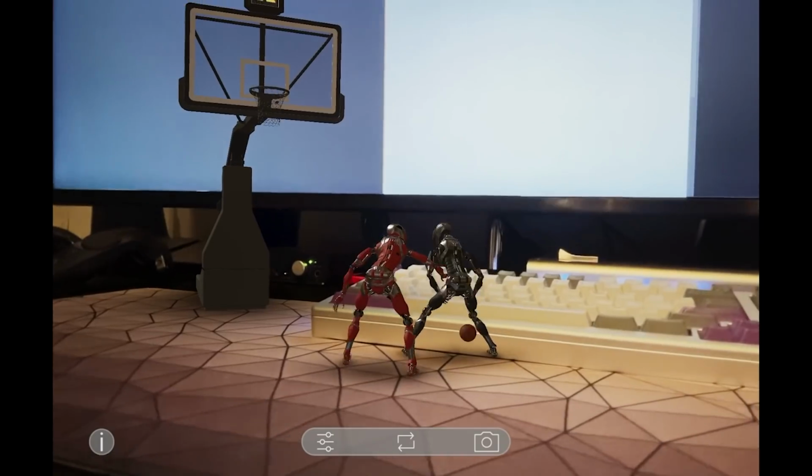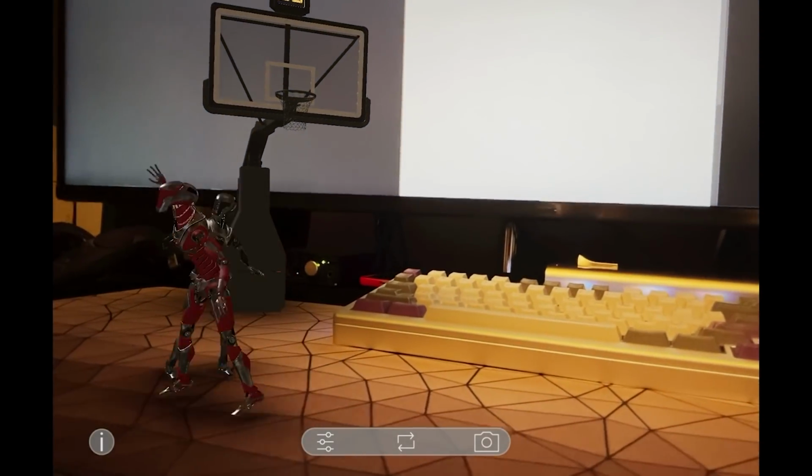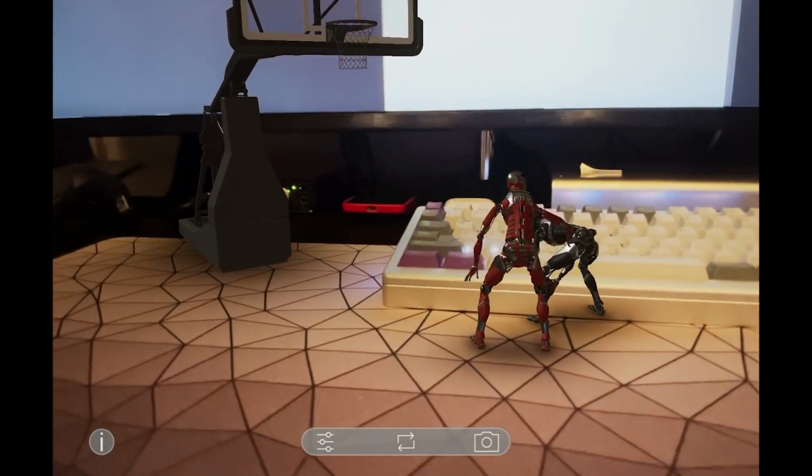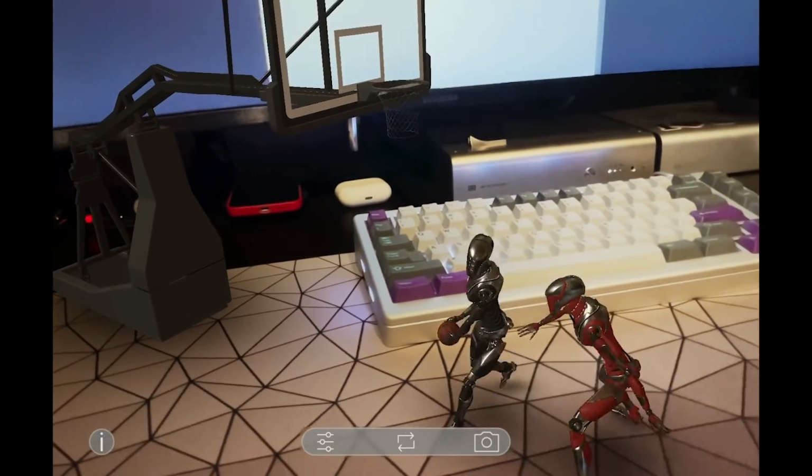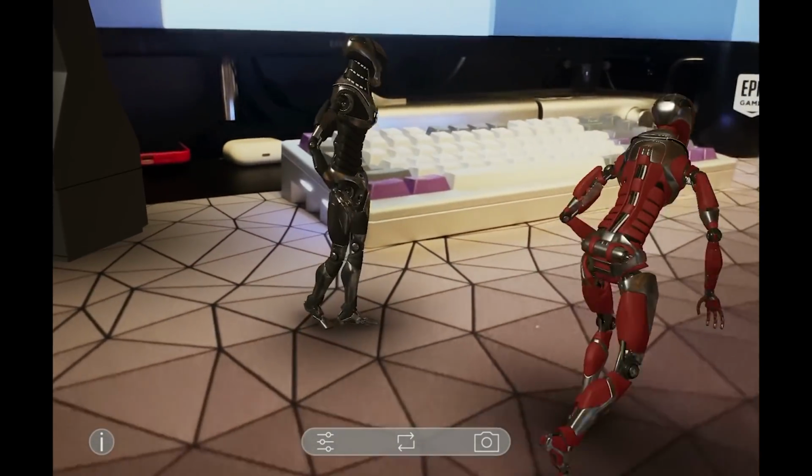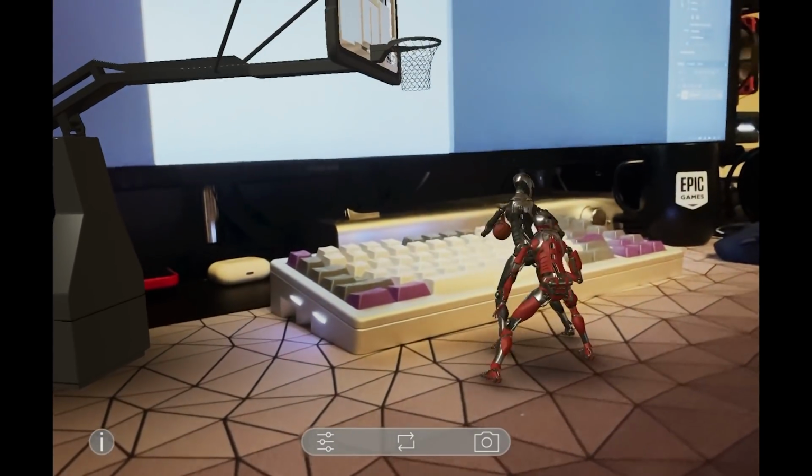Additionally, we've got the contact shadows happening that are being driven by that control rig, and it all starts to come together. Now, the last thing we're going to talk about is iOS deployment, and it's going to be really a quick overview because we're basically out of time.